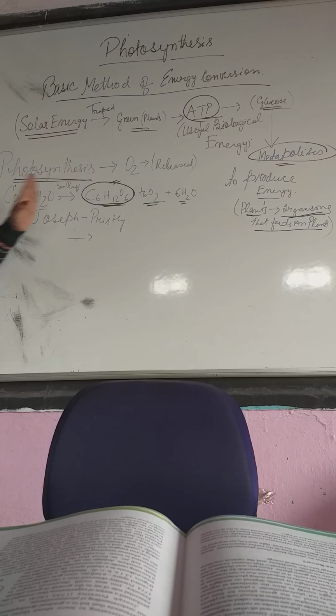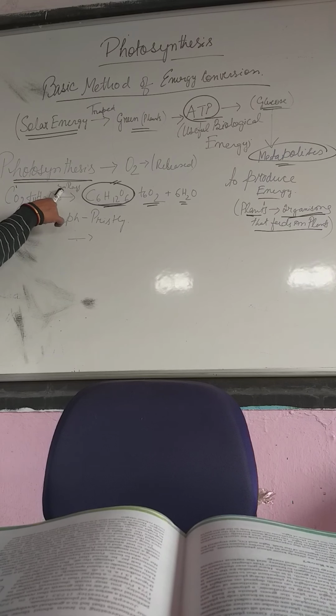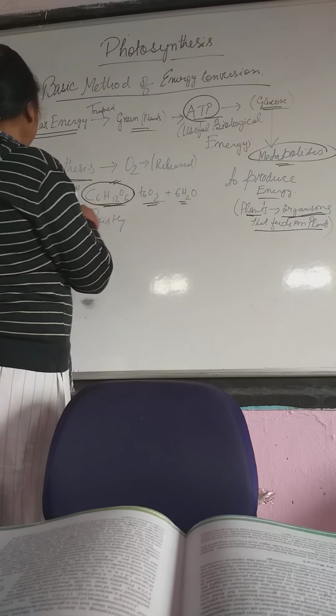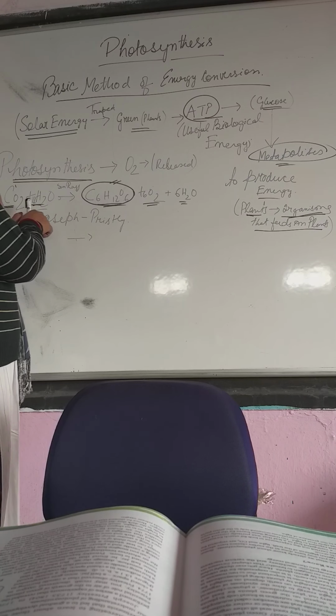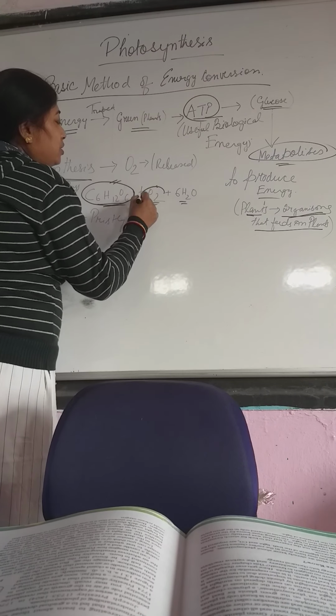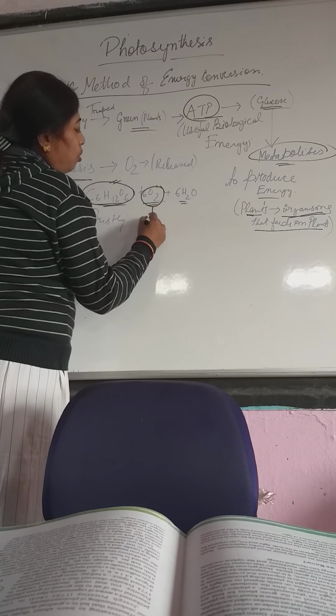To produce this, the plant requires sunlight, which gives the photolytic energy, and carbon dioxide and water are required. Then it splits the water and mixes it with the carbon dioxide,